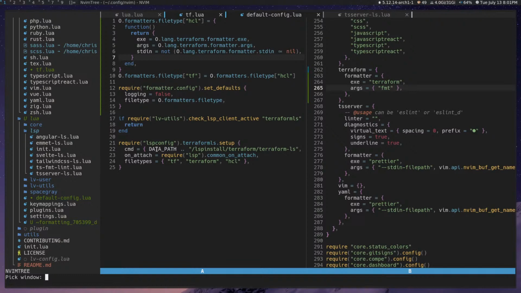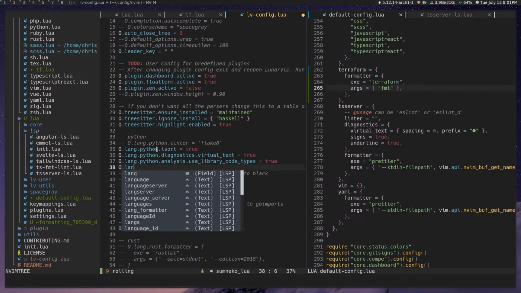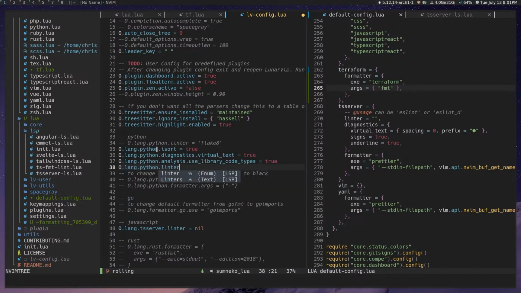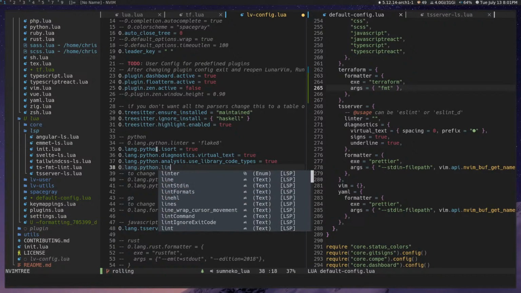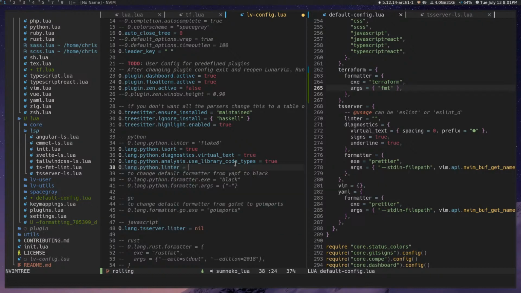So if we go over here to lvconfig and then we crack open Python here and we do lang.python.linter. We should see something. Hold up. If I go down. See, it's a string, and I tell you the usage here. So always read this. String, it's nothing by default. Field, what is it? It's obviously a linter represented by a string. And the @usage, it can be flake8 or yapf. Well, I think that's wrong. It should just be flake8 or like other linters for Python. So if we do then that equals